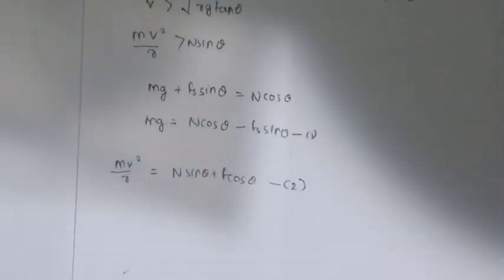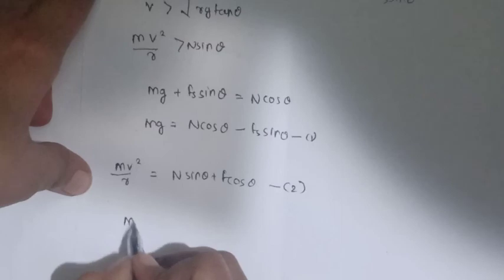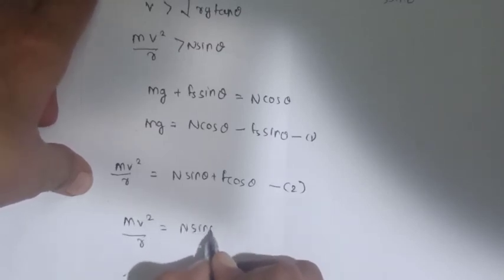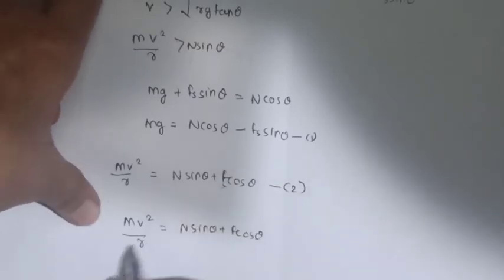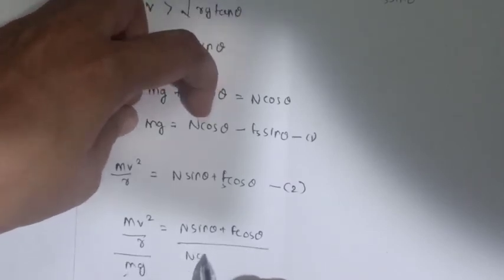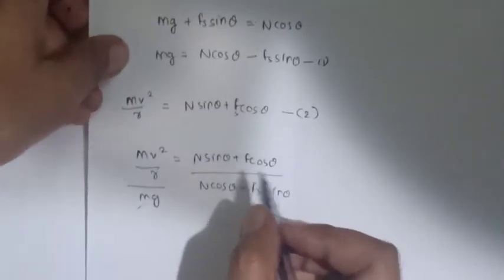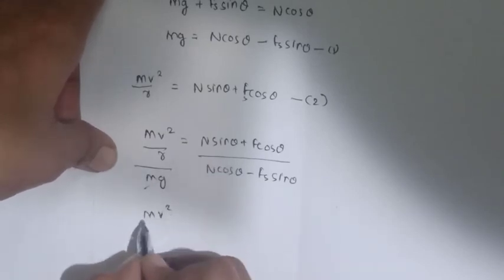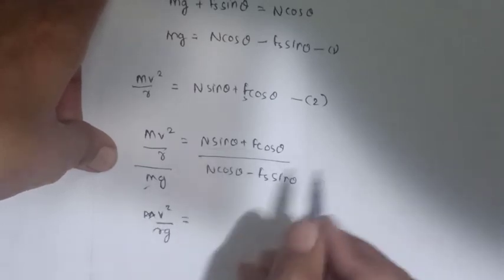So from the previous example, you know that you have to divide both the equations. So you will get mv square by r equals to N sin theta plus fs cos theta, divided by mg, which is the first equation, N cos theta minus fs sin theta. Again, you have to take N outside. So m will be cancelled, so you will get v square by rg, and on this side you will get